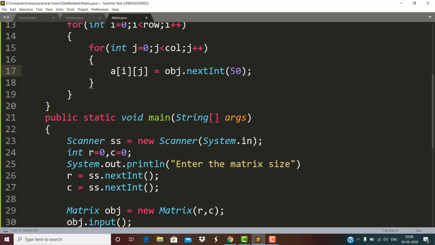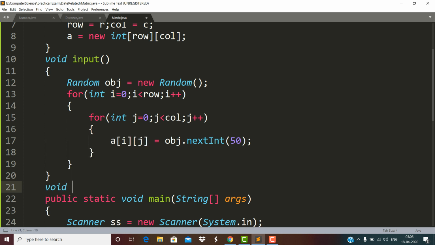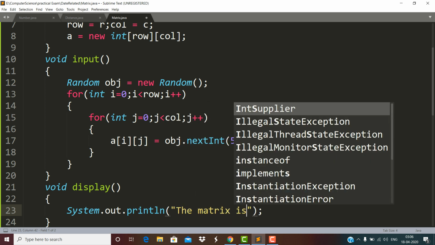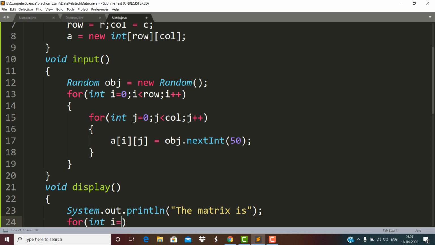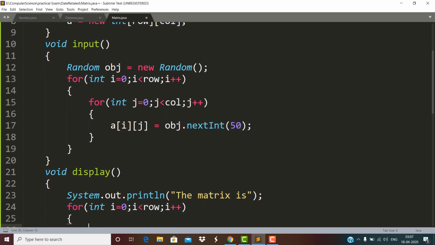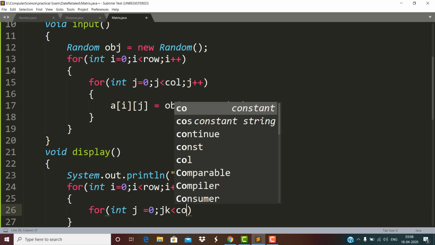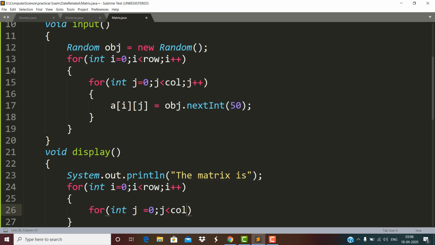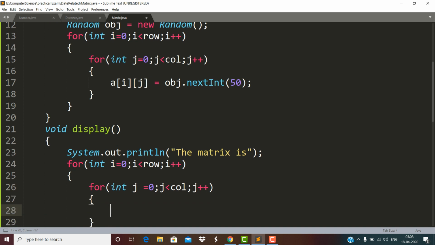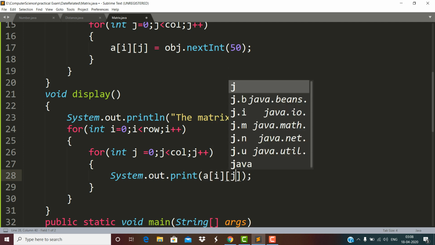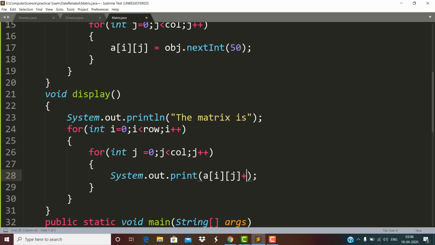Now in a similar way, we have to define one more function which is for display. So here void display, and here the matrix is, for int i, and for int j is 0, j is less than column, j plus plus, and print a of ij plus one tab space.